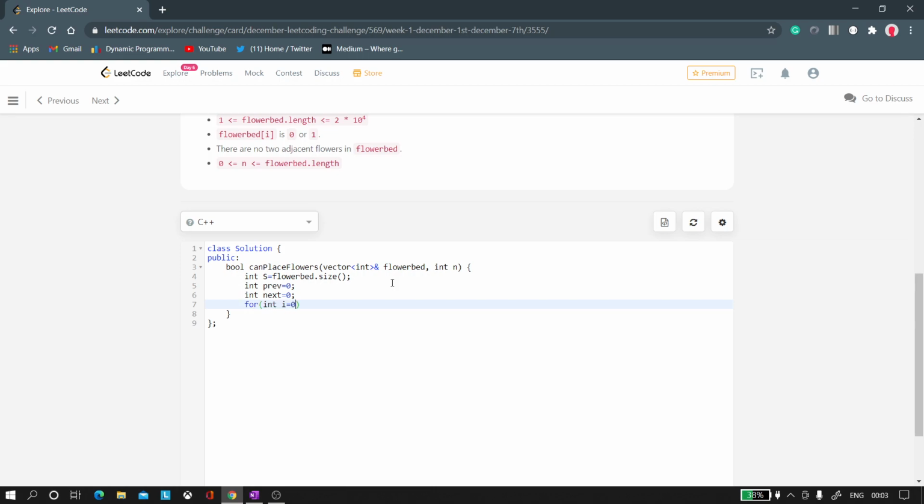So what we need to do is iterate on the complete array, i plus plus, and one edge case is there. I would tell you with an example. If i is greater than 0, then previous equals flower bed of i minus 1.